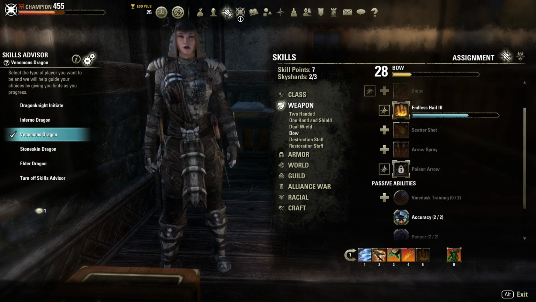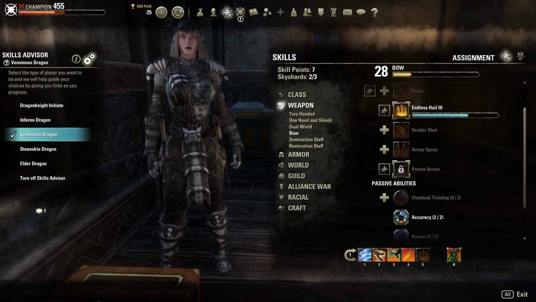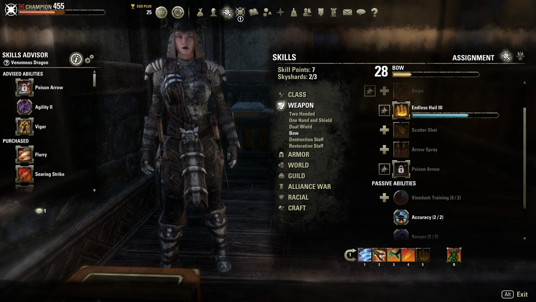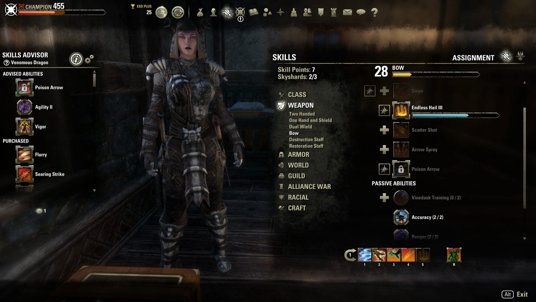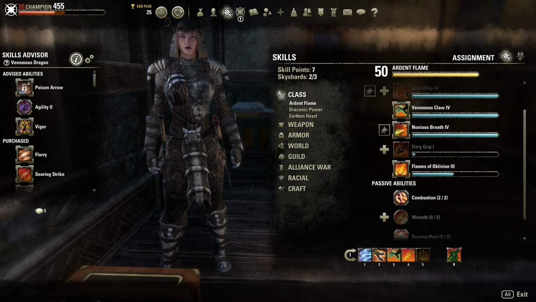Now, once you have one of these selected, if you're completely new, I would go with the Initiate advisor. But either way, once you have one of them picked, we'll go over to our advisor list, and you'll see it has your advised abilities. Now, you don't 100% have to follow these in the order of how it tells you to grab it, because you could actually go over to your class and all that, and you will notice,